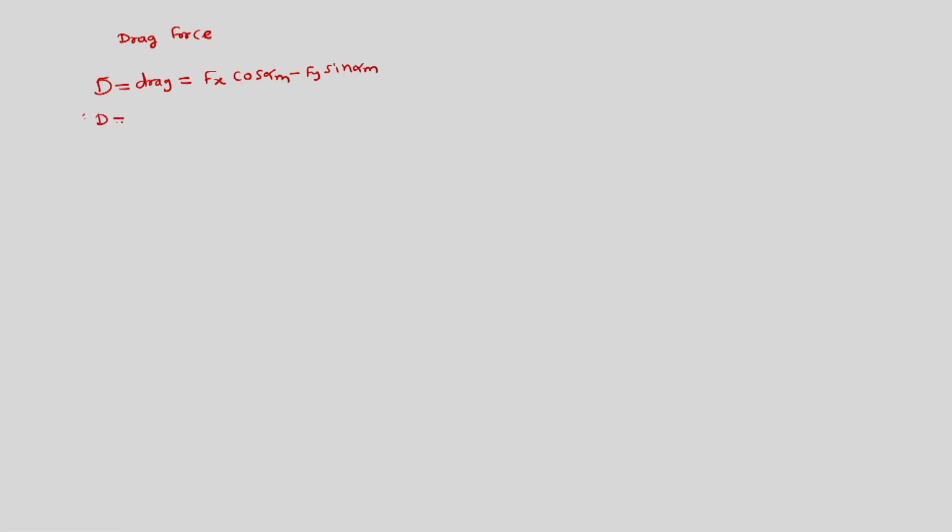So, we can put the expression for Fx as rho S Cxm square into tan of alpha m into tan alpha 1 plus tan alpha 2 into cos of alpha m, plus S delta p naught into cos alpha m,